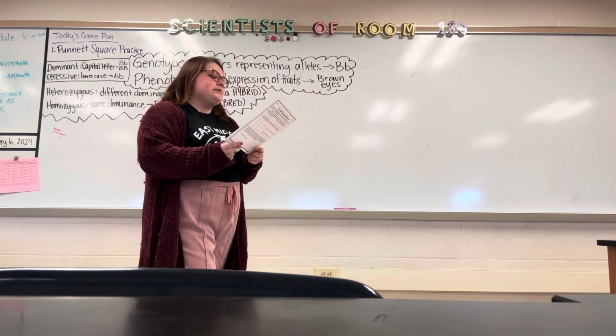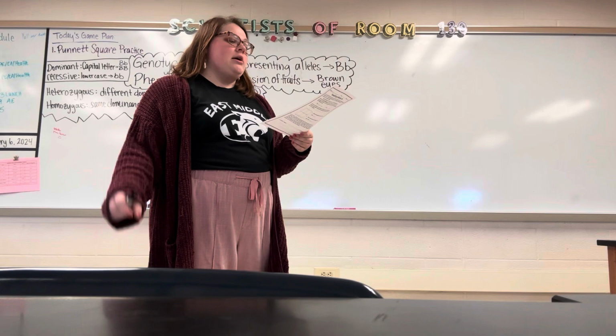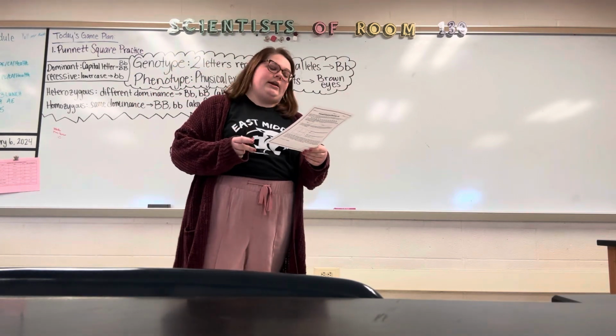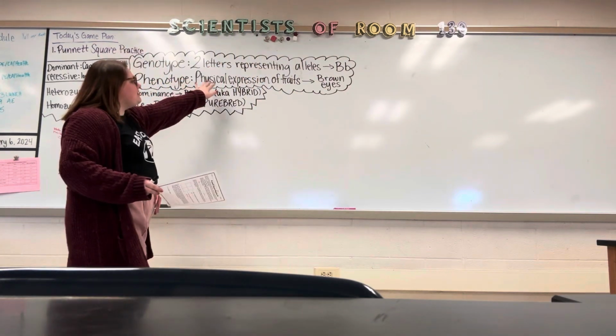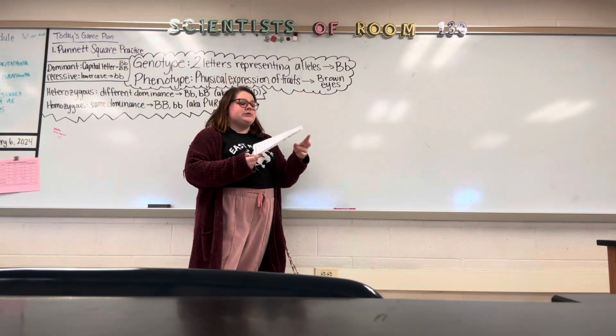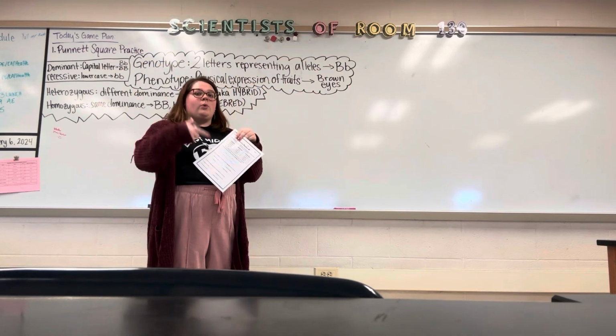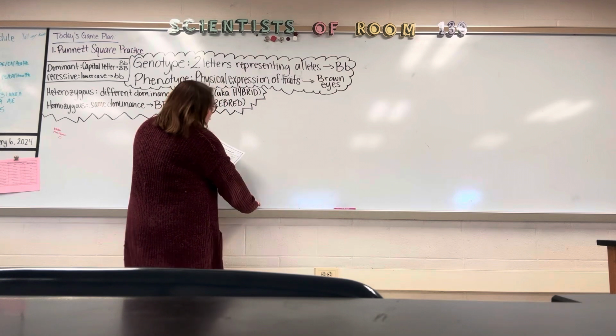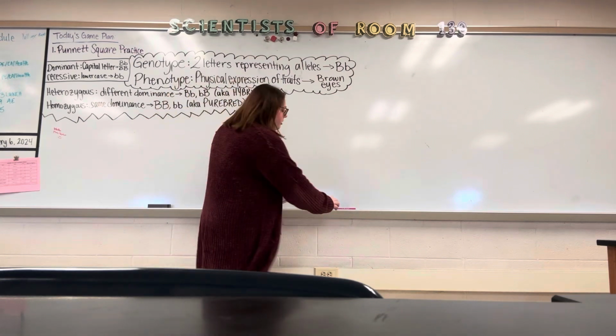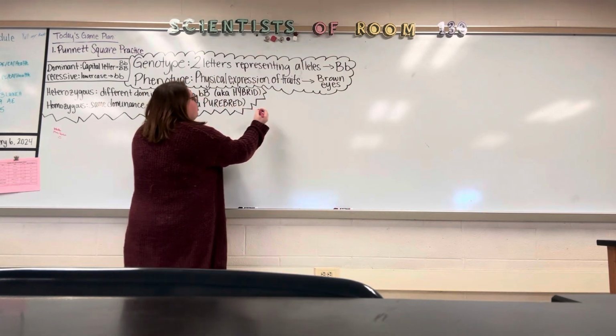Question 1 says, use the information about snorks to write the phenotype for each item. Remember, a phenotype is the physical expression of the traits. So, we're given the genotype, we have to write the phenotype. I'm only going to do a couple of these with you, and then you have to do them on your own. So, for 1A,